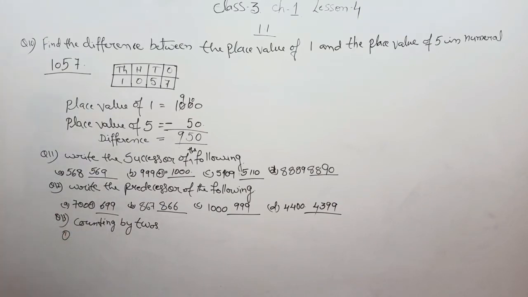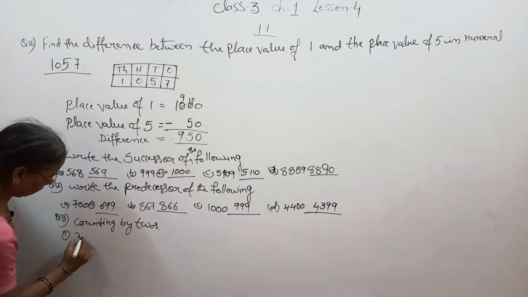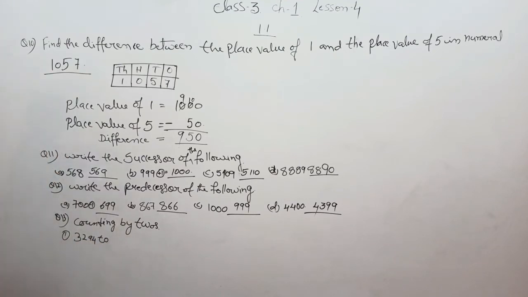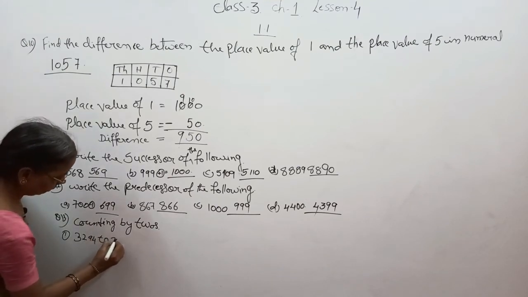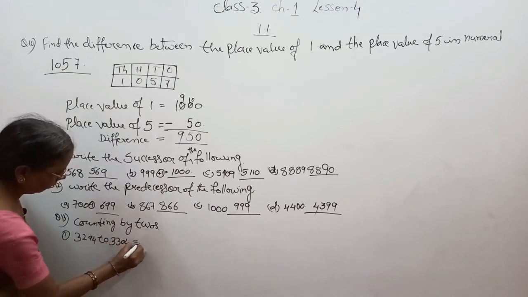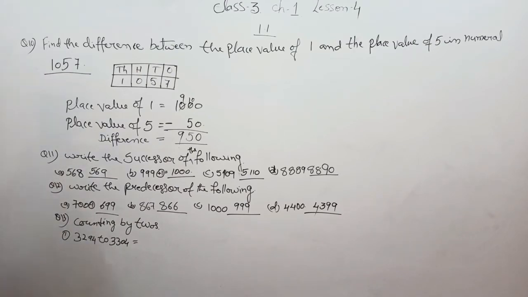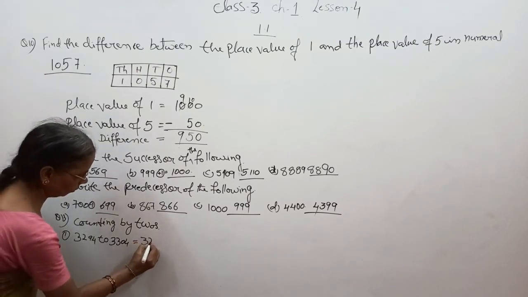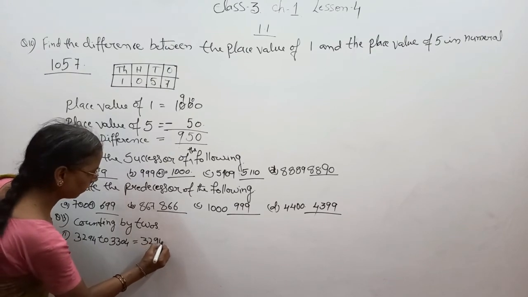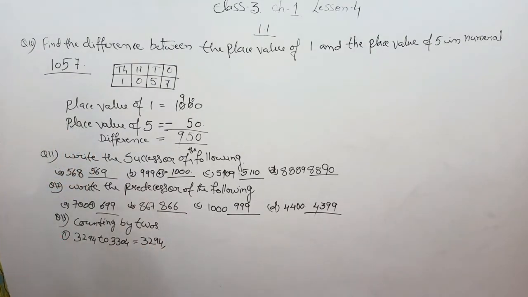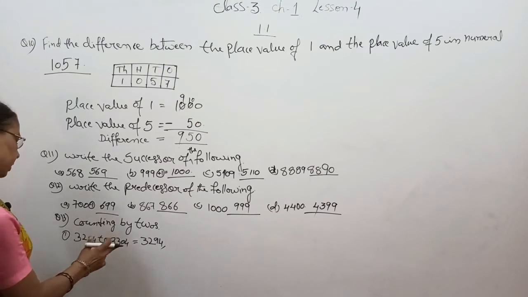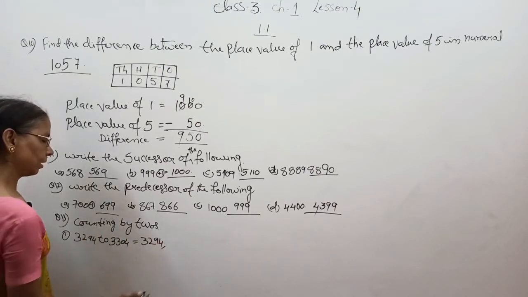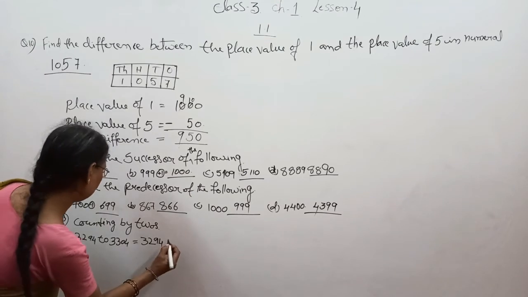Write the numbers in between 3294 to 3304. Here यहाँ पे हमें पहले स्टार्ट करना है 3294. After this we have to write twos, that is by giving a gap of one number, that is